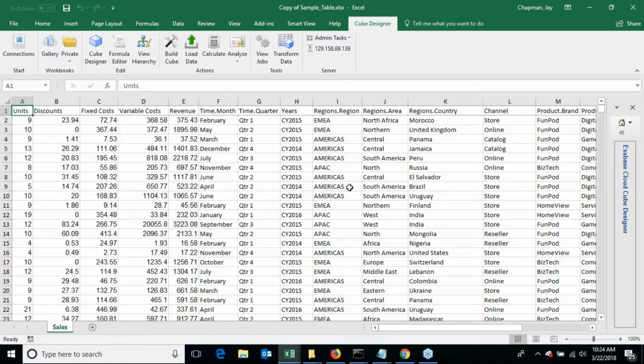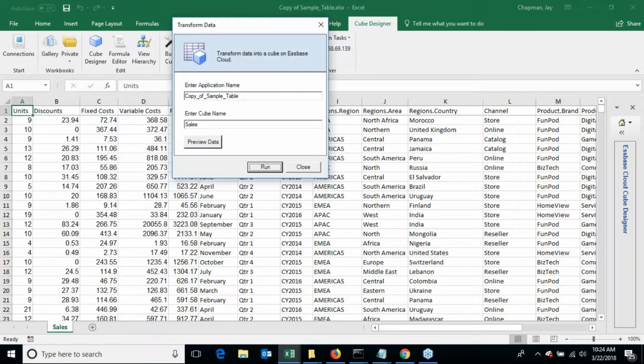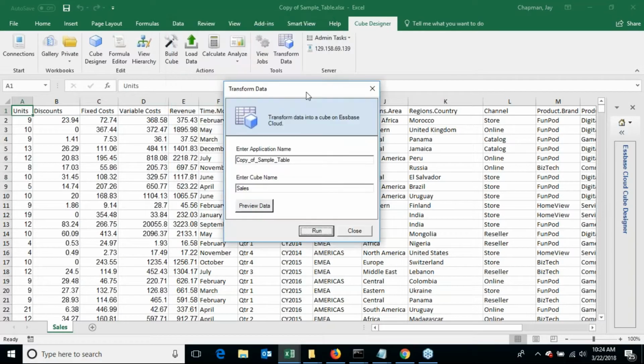So the first step is open up your spreadsheet, go into Cube Designer. You're going to click Transform Data, and then a wizard will pop up. Notice that it takes the name of the file as the application name, and it takes the name of the worksheet as the cube name. And you can change these to whatever you want to change it to. And then if you click on Preview Data,